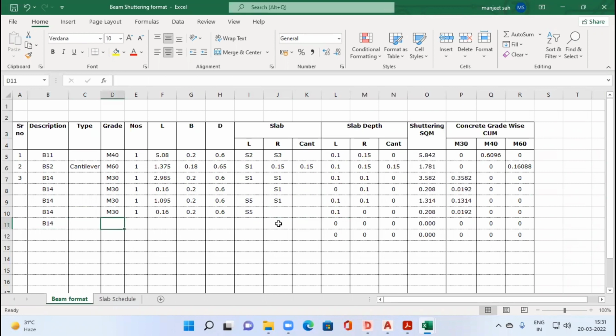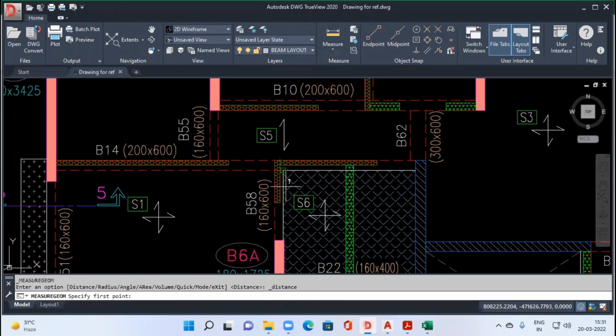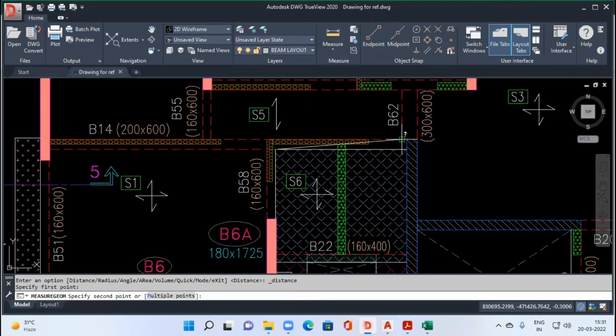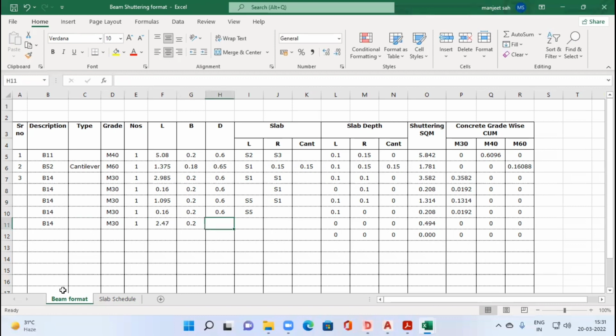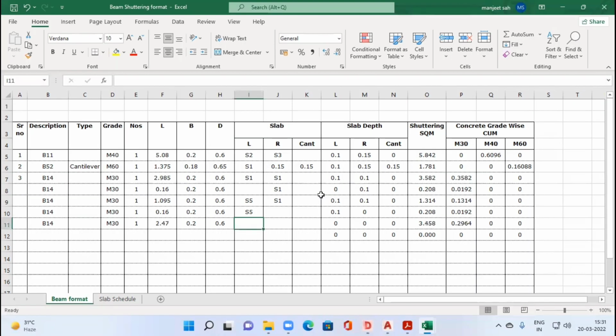Now again M30 for the further portion, from this end to this end, delta X is 2.47. So I will specify 2.47, while 0.2, 0.6 will remain unchanged. At one end we have slab S5 and at the other end we have slab S6. So I will specify S5, S6. You can see everything is formulated and keeps changing accordingly. Now the last B14, that one offset of the beam